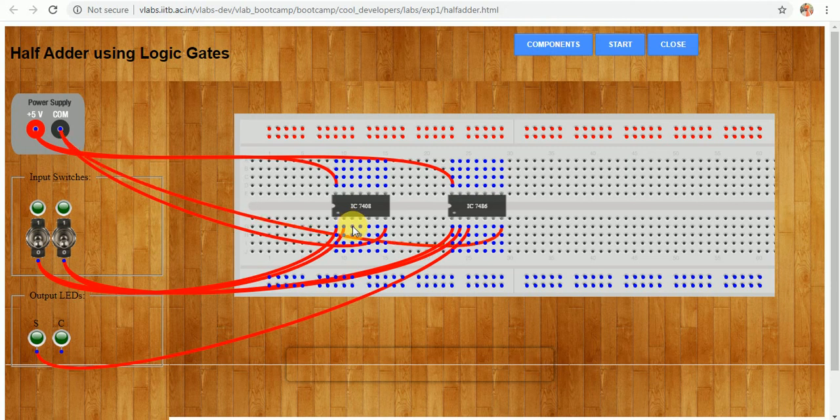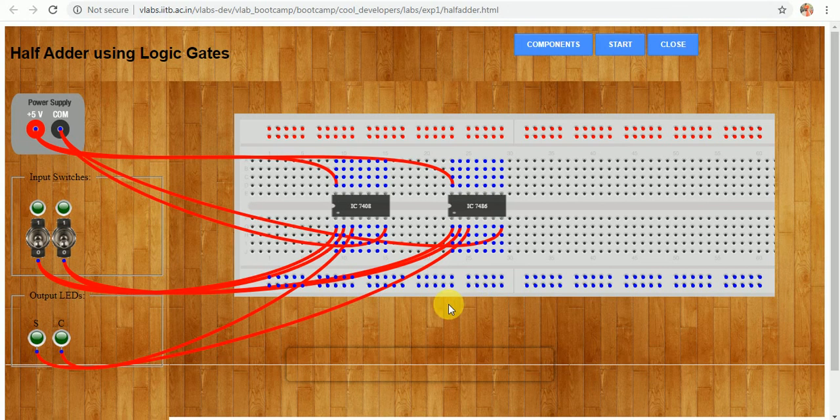Pin number 3 is nothing but Cout and it will get connected to the C port of the output LED side. This is the complete connection for the half adder.